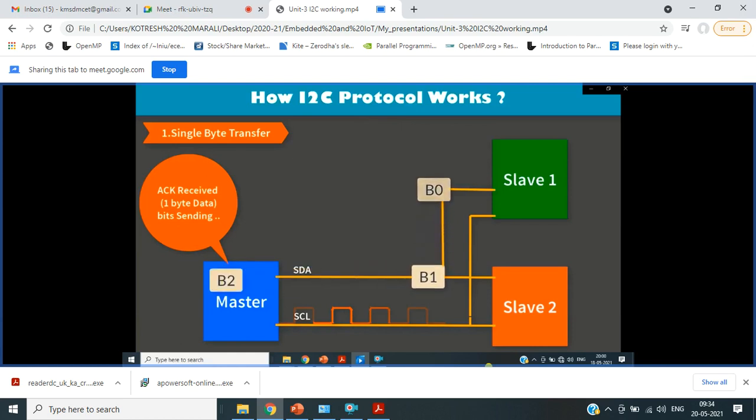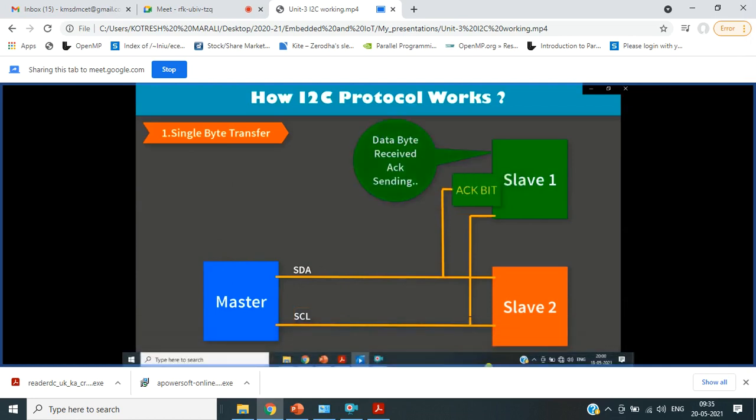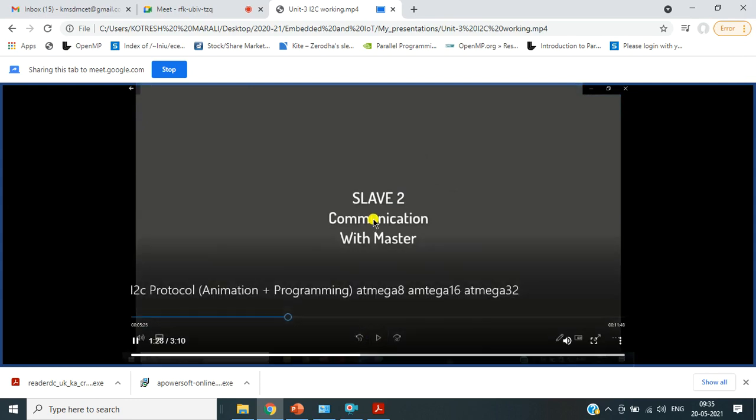Now once the master receives the acknowledgement bit, what is the next job? It has to send the data. So the data is sent once again through the data bus itself. You can see here the clock pulse that is generated, and clock SCL is always high. Once it received the data, once again it sends the acknowledgement back to the master. Now P is a stop indication, and the P bit is sent stating that we are done with the job. Stop condition received, bus is released.